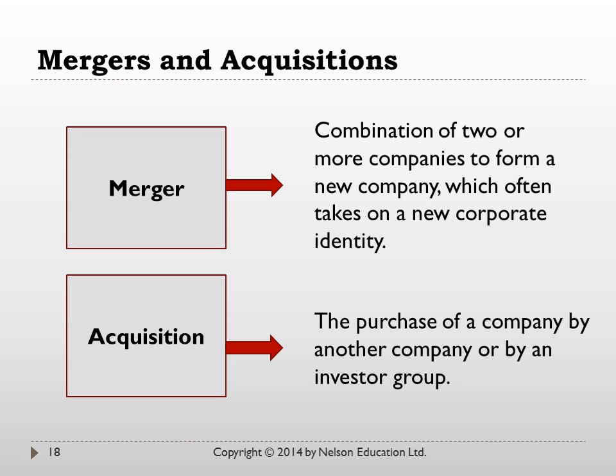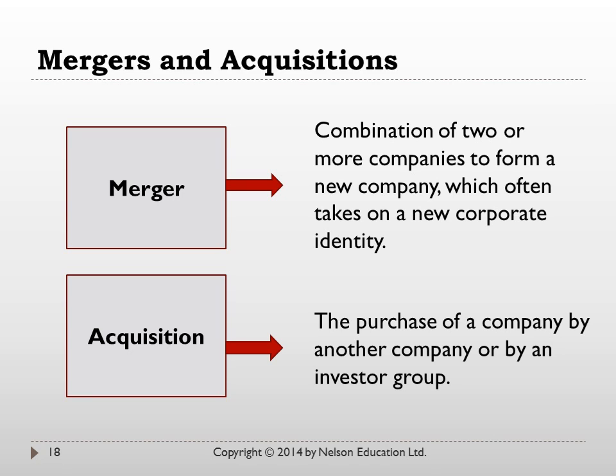That's a little bit different from an acquisition, because in an acquisition, one company, Company A for instance, will purchase all or the majority of the shares of Company B, and so Company B becomes owned by Company A. Each company maintains their separate existence in the eyes of the law, their separate legal structure, and Company B becomes what we call a subsidiary of the parent company, which would be Company A.